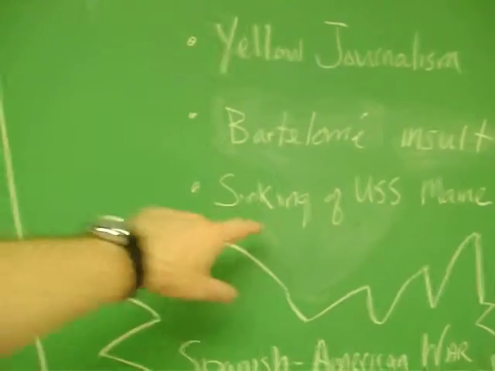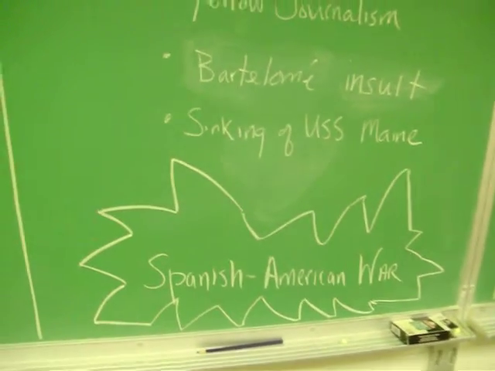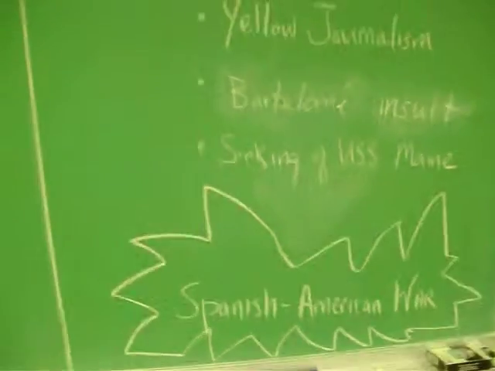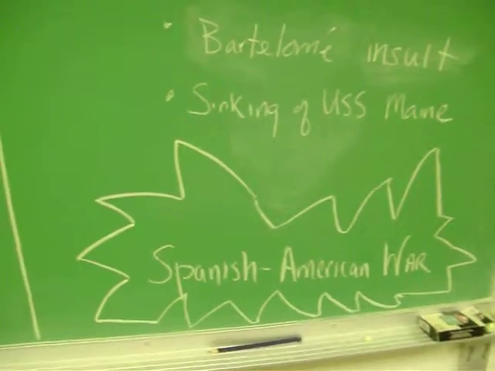So when it turns out that the United States naval ship, the USS Maine, sinks in the Bay of Havana, most people believe the Spanish were involved. It's reported that way. That's more yellow journalism. It's reported that way, and boom, the Spanish-American War has begun. Literally, the president had no choice in this matter. The country was on a war footing. He was either going to lead it or he was going to be led, and a president is not led.